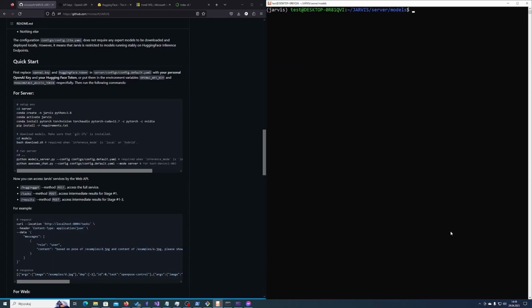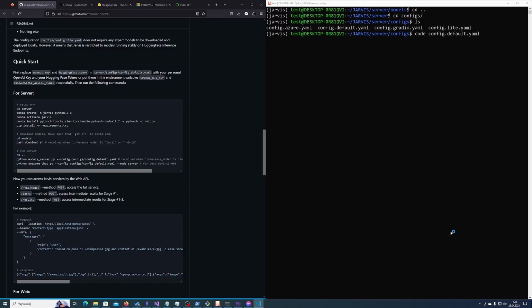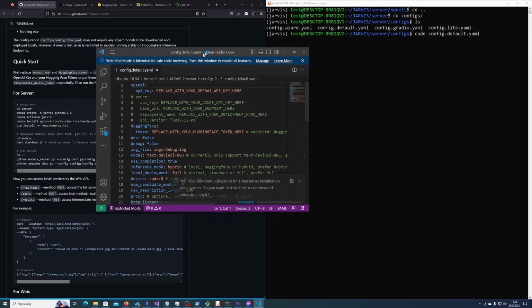The next step is to actually do some configuration, because we are one step behind running Jarvis AI, and we just need to tweak the config file a little to run everything properly. So we can go to server and then to the config folder and find the config.default.yaml file. You can open this in Visual Studio Code. If you have it in your path, you can write code and the file name, and it should run Visual Studio Code, as in this case. But you can also change this config file in, for example, nano. So you can type nano